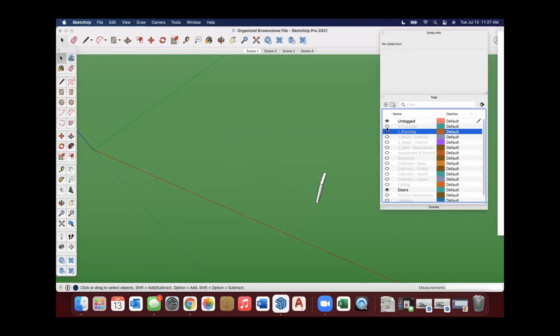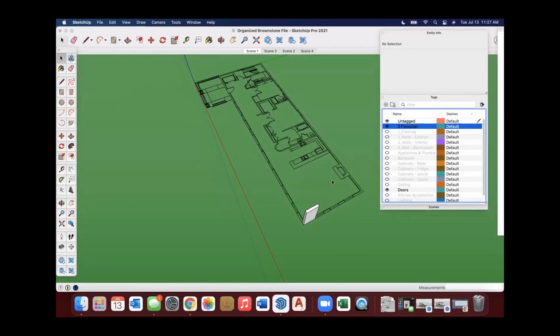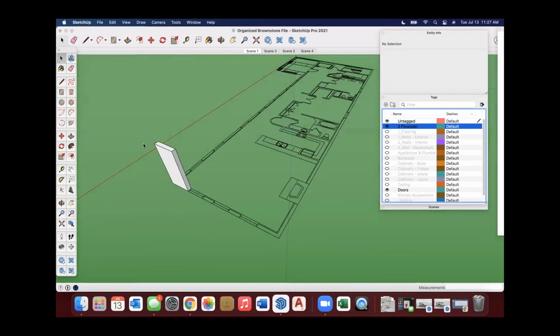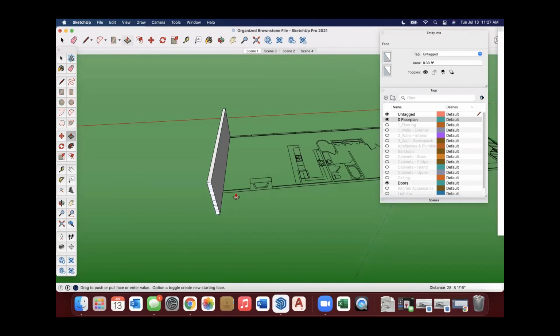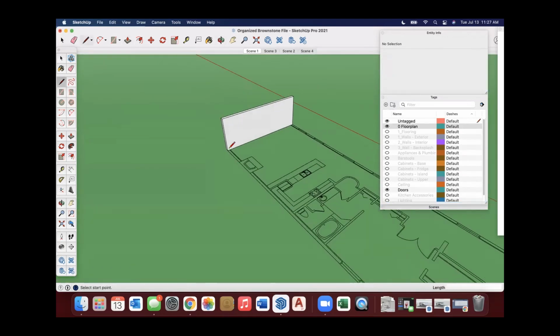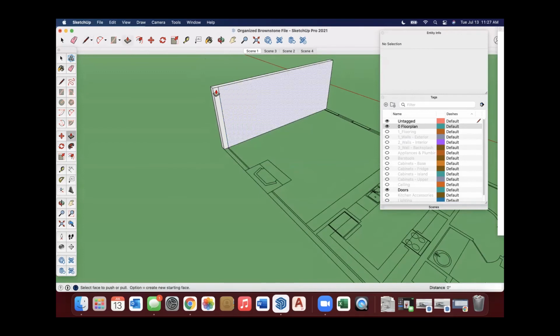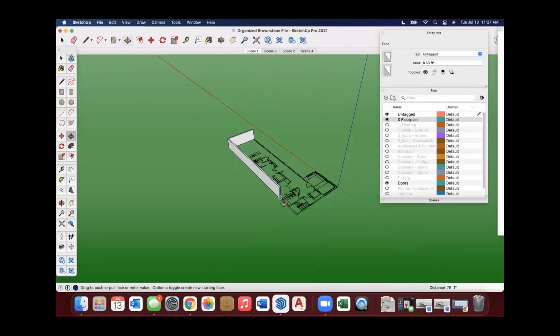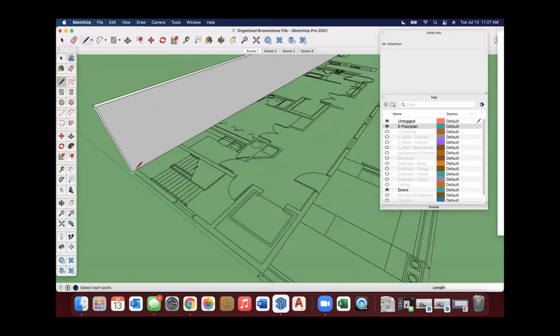And now I can start working on it, and I can literally just pull this across and use my guides to snap to that wall and really easily build this out. And I know that's vertical and straight because I can see the blue guide, and I can keep going around. And this is exterior walls.